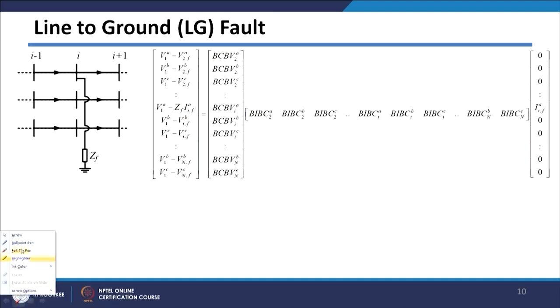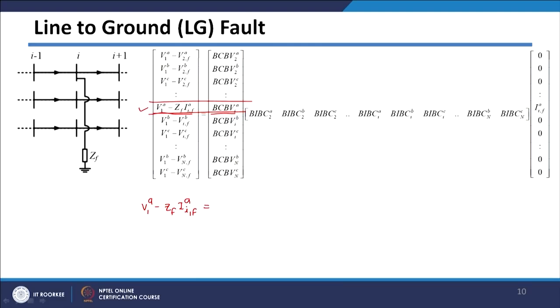Now if you see this matrix here, and this row, if you write the equation for this row, I am taking the equation corresponding to this row here. So it will be V_1^A minus ZF into the fault current in A phase, which will be equal to this row of the BCBV matrix getting multiplied, BCBV of ith bus and A phase, and if you observe this part here from here to here of this matrix part,